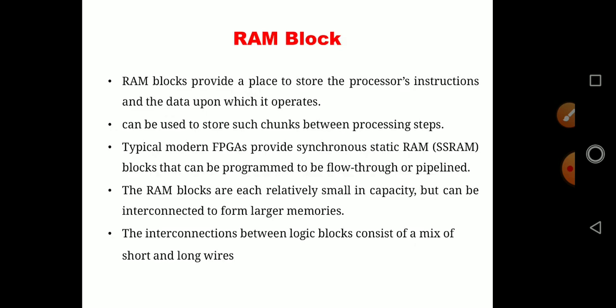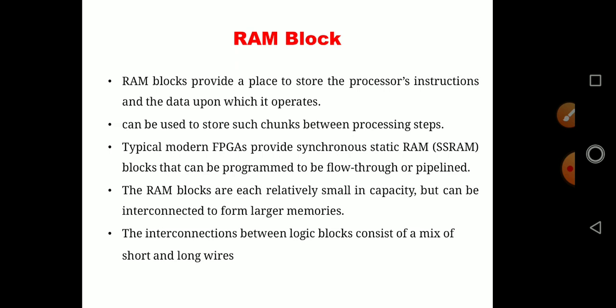As I mentioned, all the devices in the output block were programmed. The selection for the multiplexers was done by programming, and whatever other devices are present in the input output block as well as the logic blocks, they are programmable. They are made programmable so they can be used in a wide range of applications. So next let us discuss the RAM block.